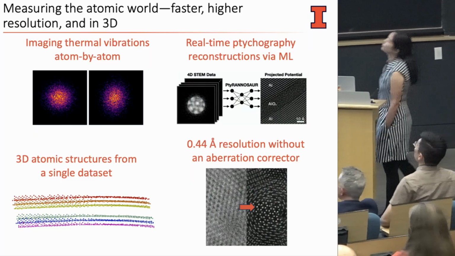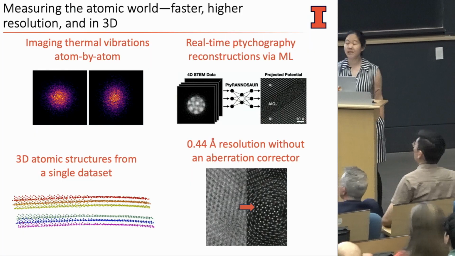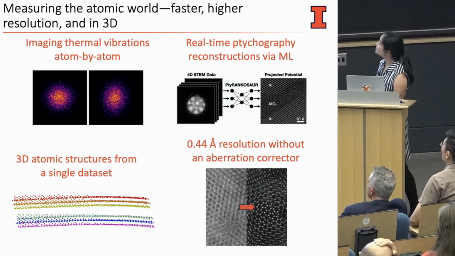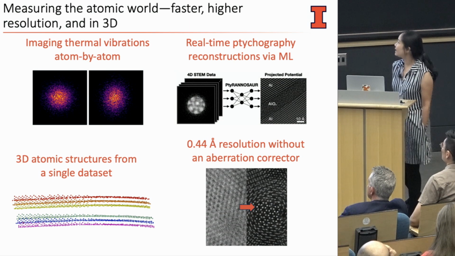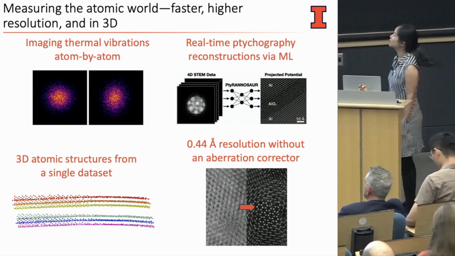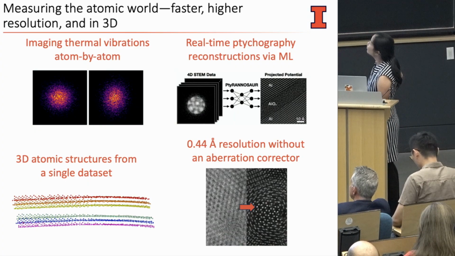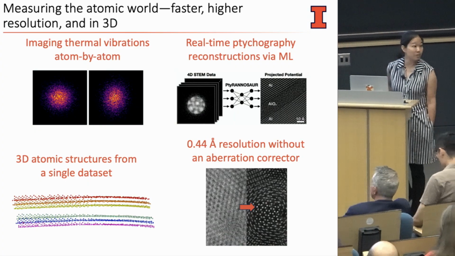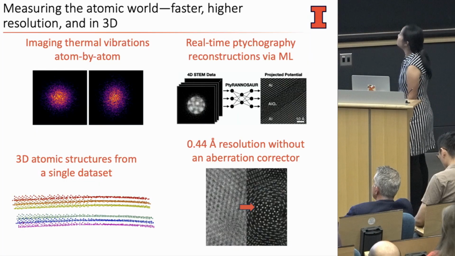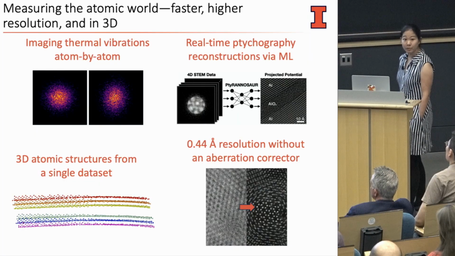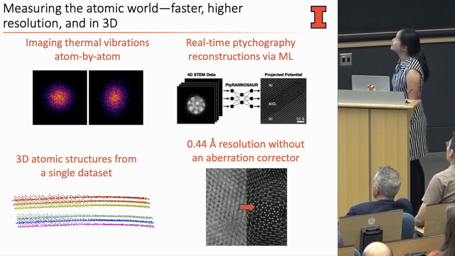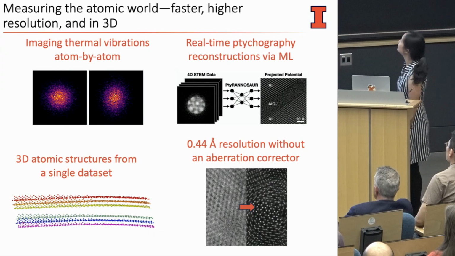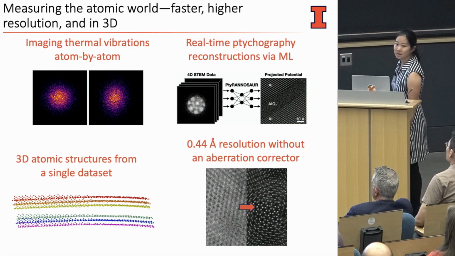So yeah, that's what we're working on. We're pushing the resolution both in 2 dimensions and 3 dimensions so that we can see everything from thermal vibrations of single atoms to the 3D atomic structure of materials. We're making microscopes cheaper and more accessible by trying to see how we can move away from hardware-based aberration correction. And then trying to make this method, which I really believe is the future of electron microscopy, faster and easier